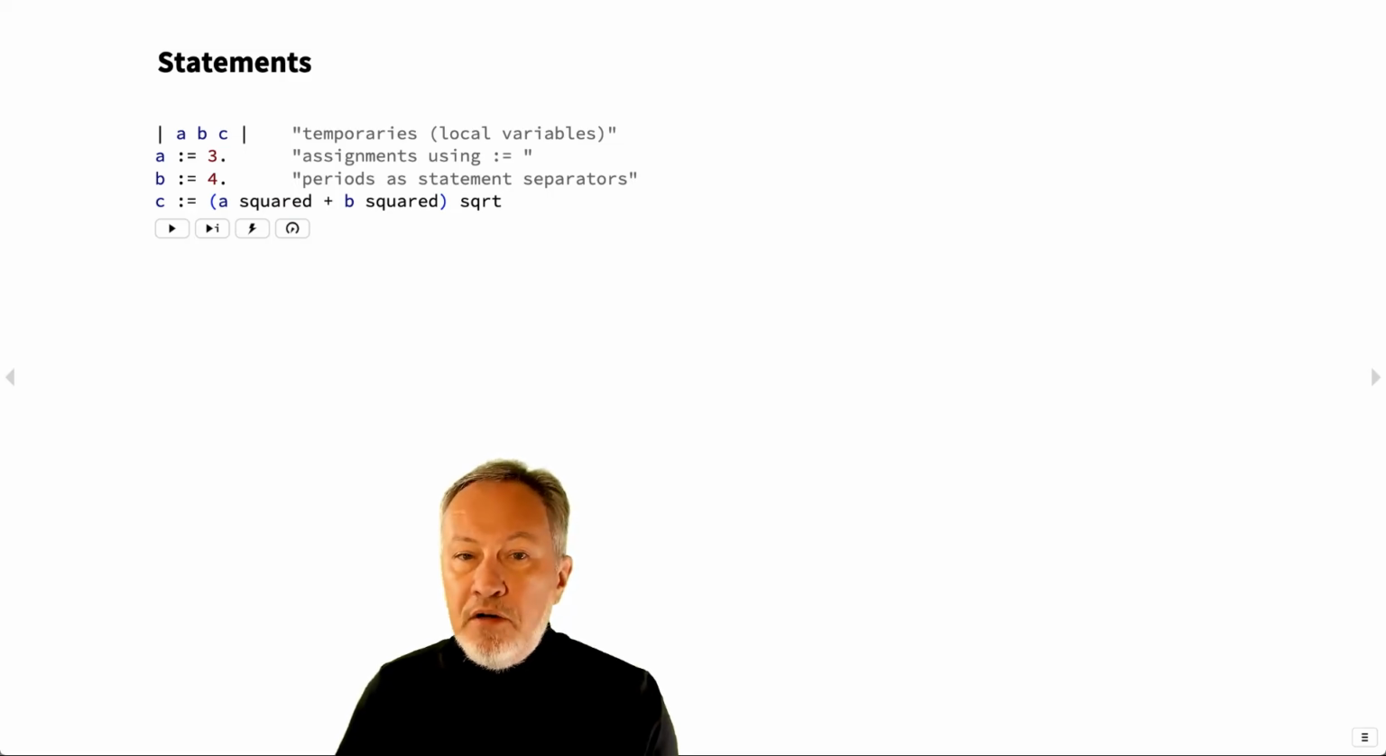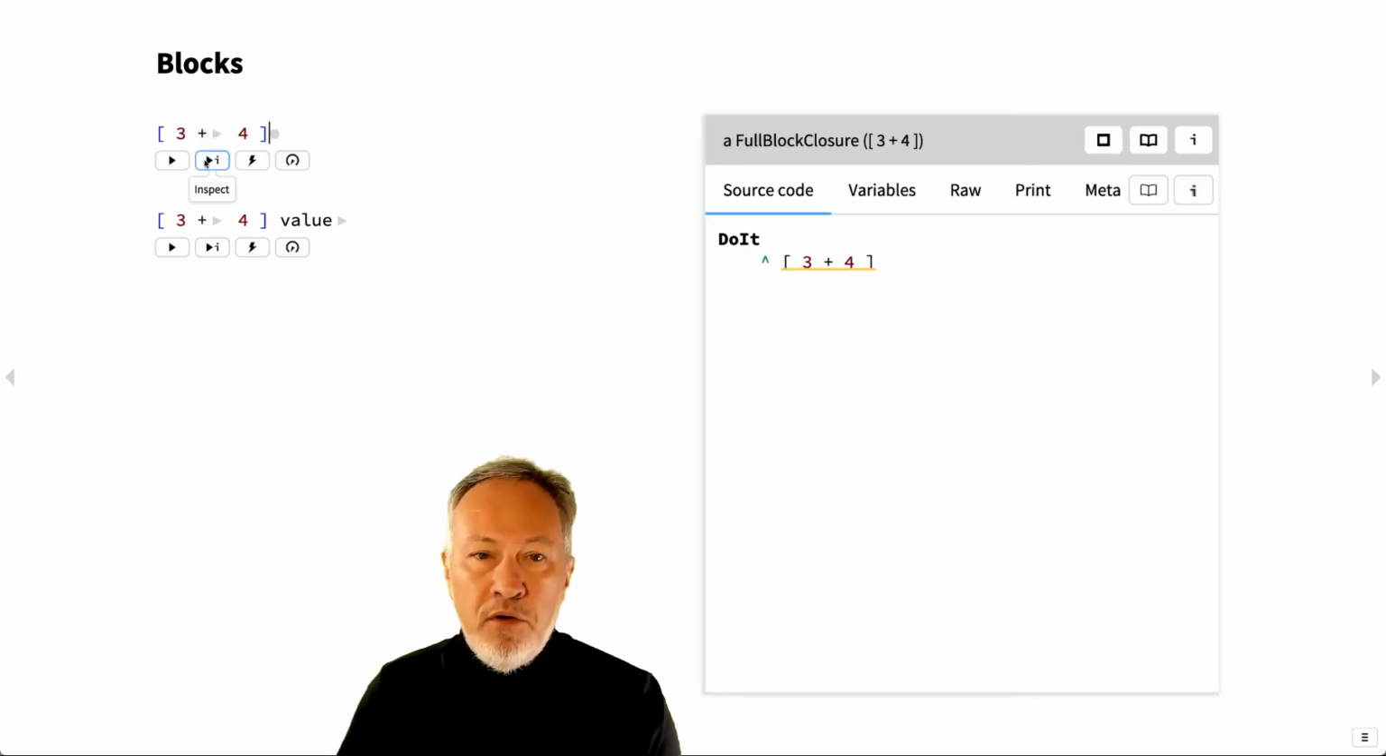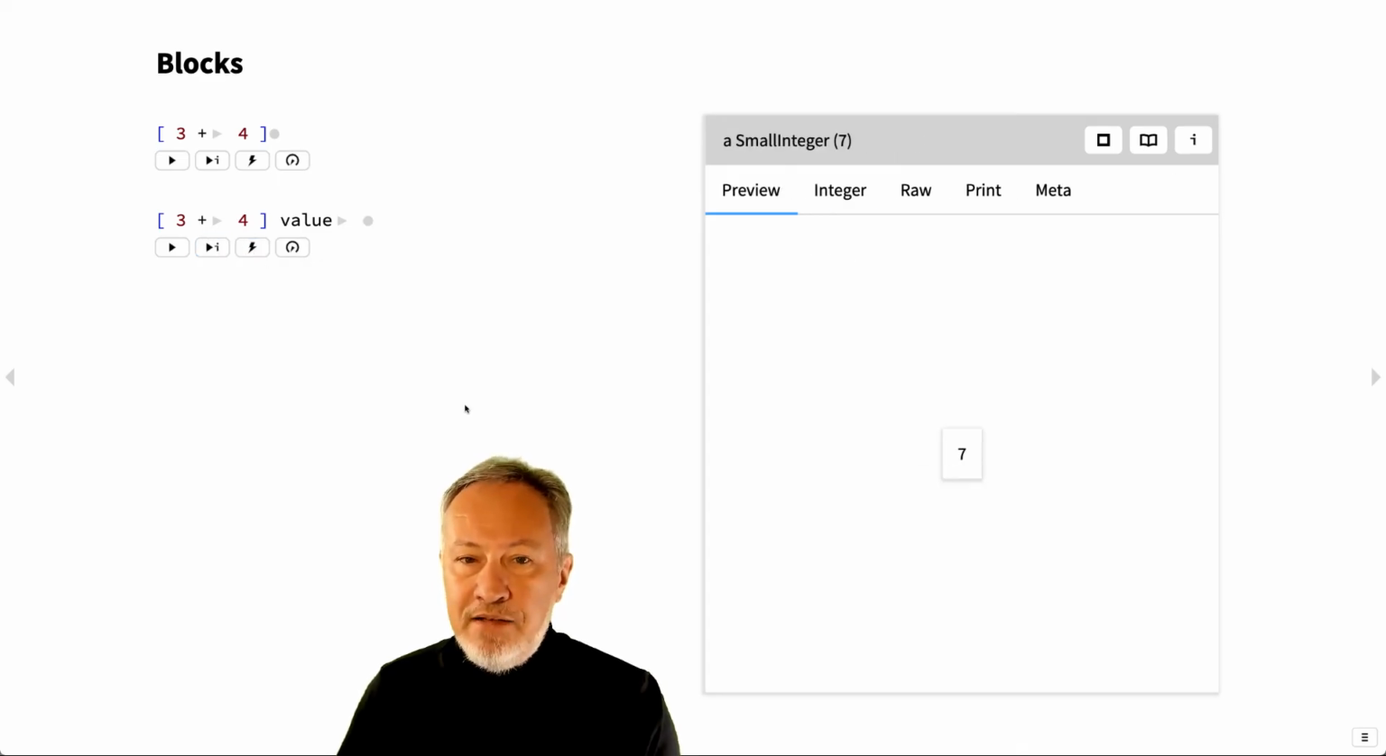Statements in Smalltalk are expressions separated by periods. We can also declare temporary variables such as a, b, and c here, and assign values of expressions to them. A block closure is a snippet of code within square brackets. It's essentially a lambda or an anonymous function. You can evaluate a block by sending it the message value. The value returned is that of the last statement in the block, in this case the value of 3 plus